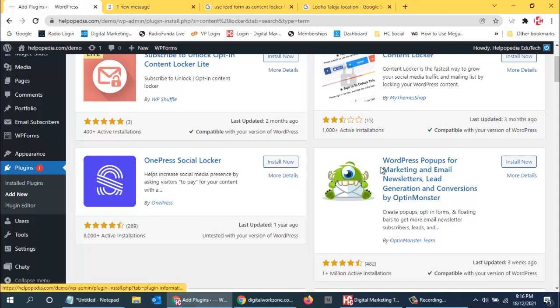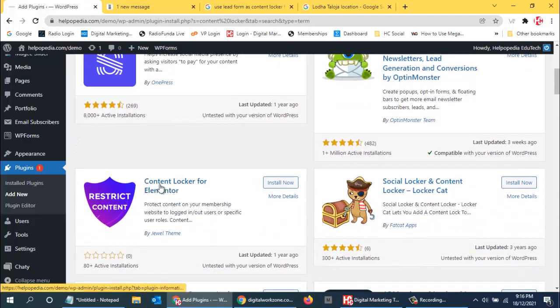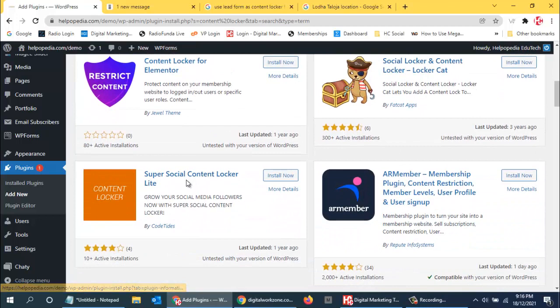Okay, so this is not Content Locker. Then Content Locker for Elementor, to restrict content and protect content on your membership websites to logged in or logged out users or specific user roles. Then social lockers, then super social content. Mostly it is for social media, but yes, you can do it.